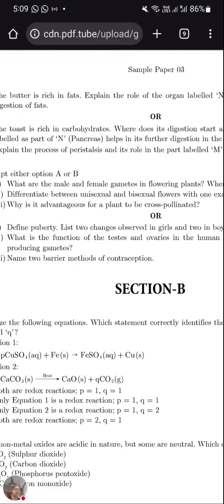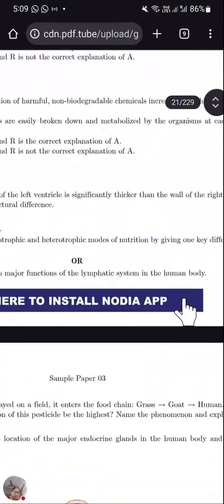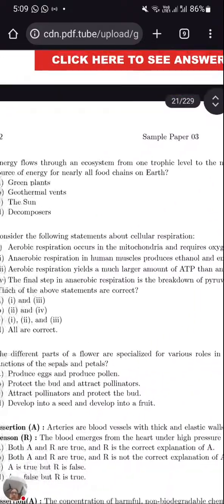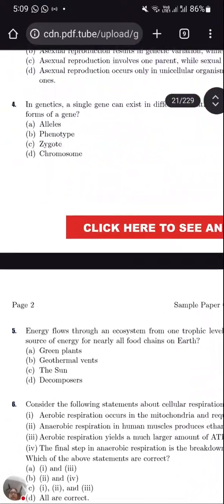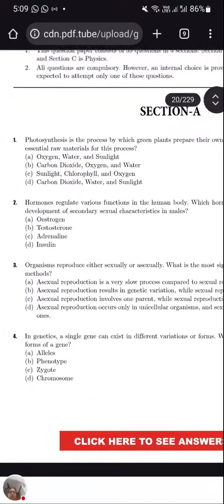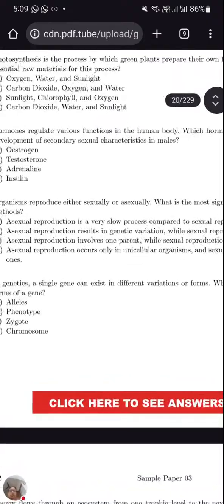Now the next question, I'll be showing you different questions. You try to answer them. If the questions are unclear to you, you can just message me so that we'll discuss. You go on writing the answers in your answer sheet. Take some rough book and start answering them. I'll be reading the question, options you can see.